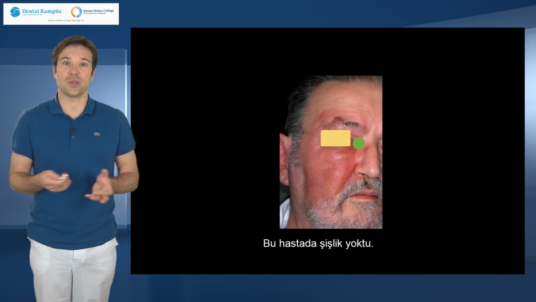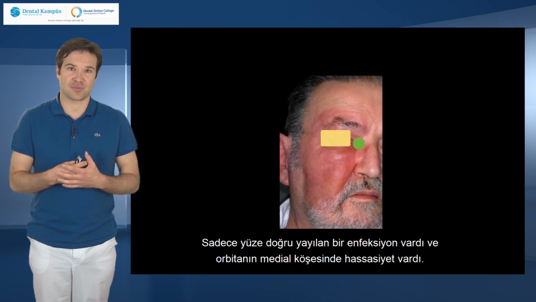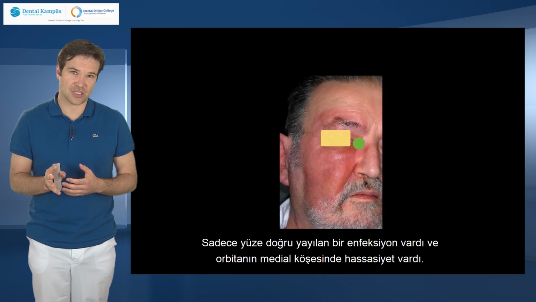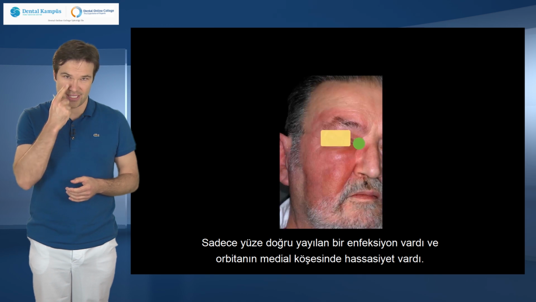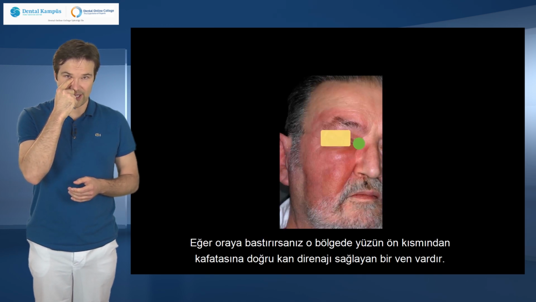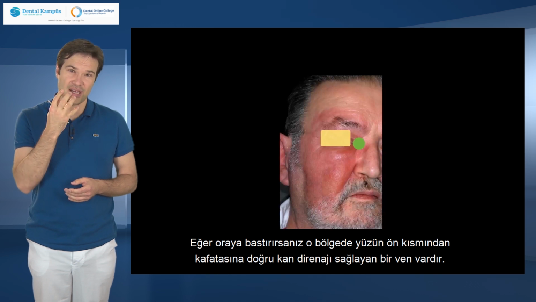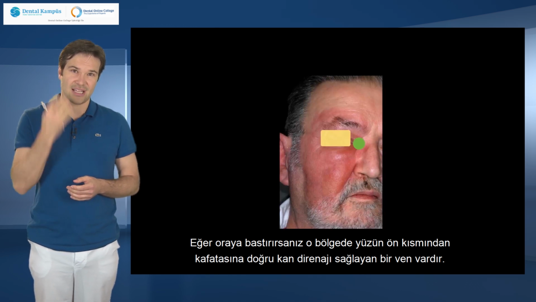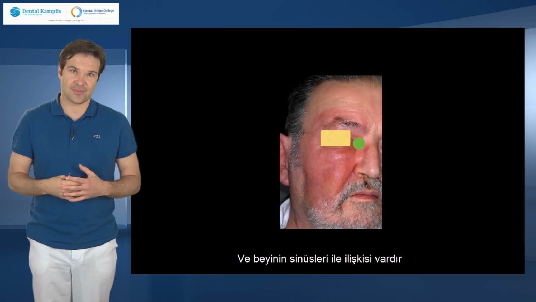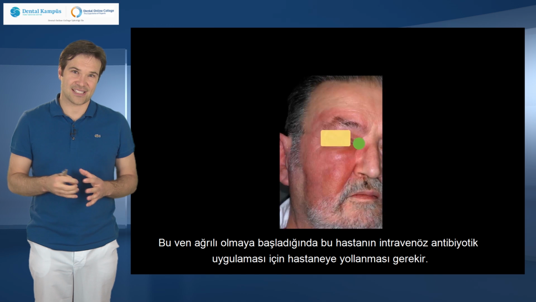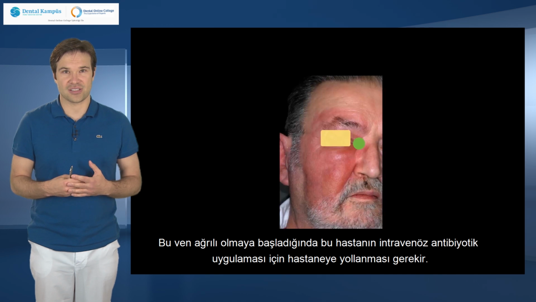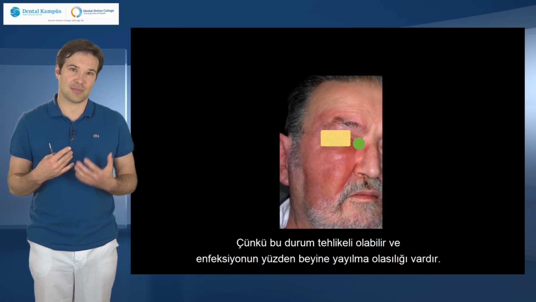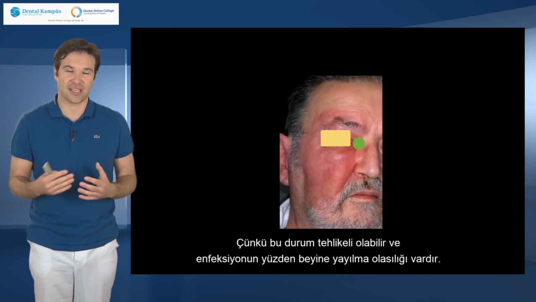Now for this patient, we didn't have swelling. You just had the spreading out infection of the face, and very important, you had a tenderness of the medial angle of the orbit of the eye here. Now if you press that, below that is a vein that actually drains the venous blood from the face back to the skull and is in connection with the sinus system of the brain. When this vein starts to get painful, this patient has to be referred to a hospital for intravenous antibiotics, because that is a possible harmful way, and it's a possible way how this infection can actually spread